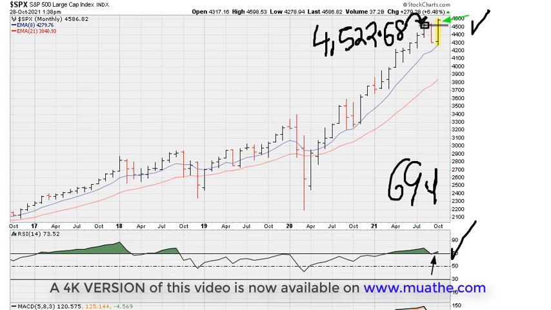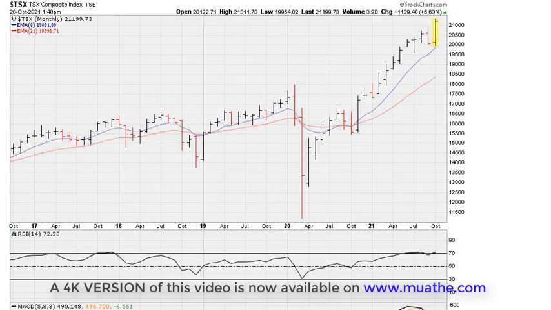To turn this bearish, the price would have to break below this breakout level, and the RSI would have to move back below 69.1. By the way, the Canadian market also continues to hold above the monthly closing high from the month of August. So this is just like the S&P 500, the RSI for the TSX is also back above that 69.1 threshold. So this continues to look good.